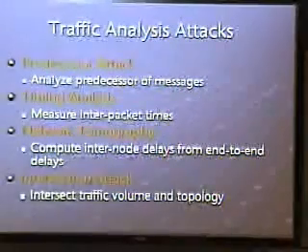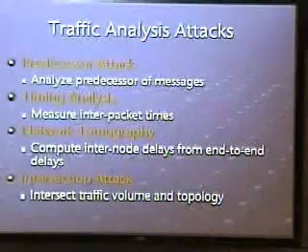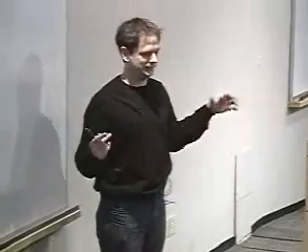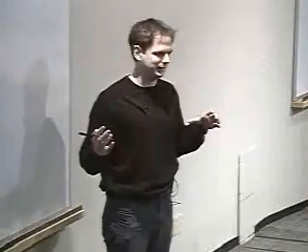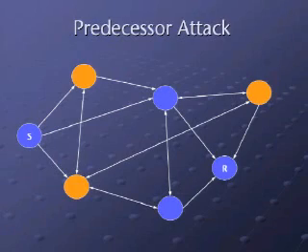So somebody could just measure end-to-end delays in the network from all various nodes that he controls, and then deduce what the individual link latencies are and what the neighbor relations are. And last, there is the intersection attack. So if somebody measures the traffic volume and there's a constrained topology, not a fully connected network, then he can induce some relations between the paths. And I'm going to explain these in more detail, especially the predecessor attack first.